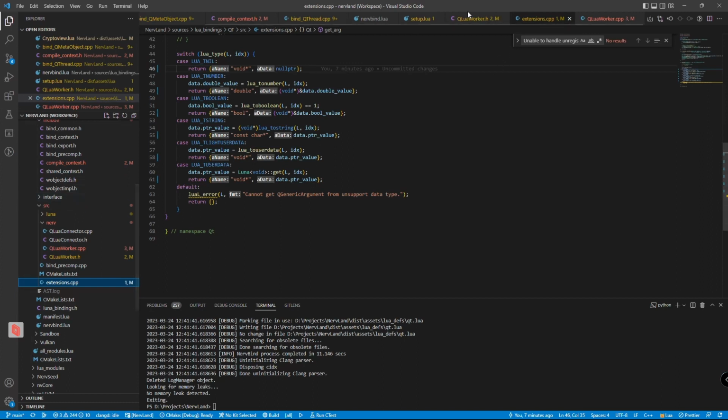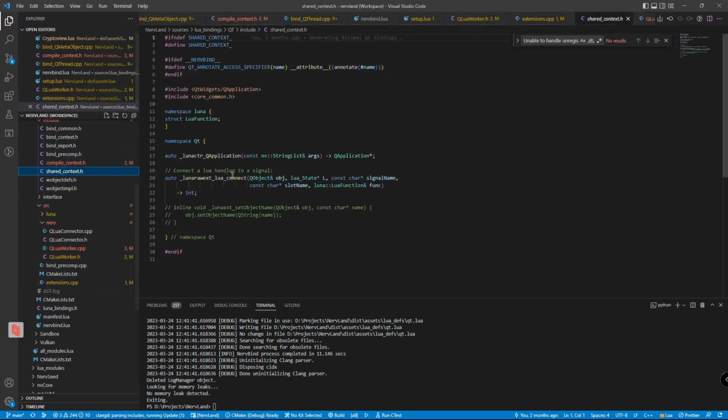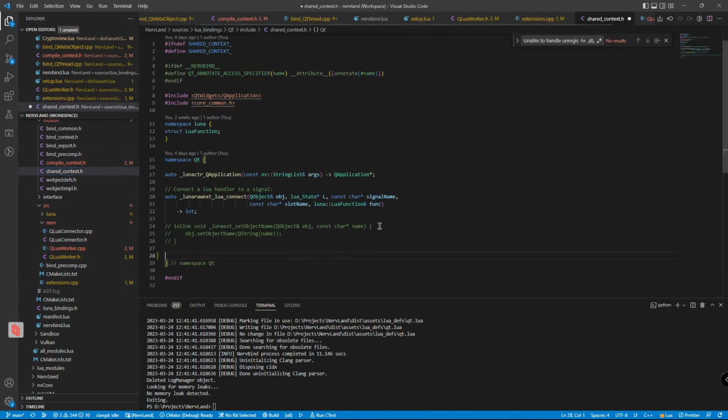Maybe I could add another function, which I would need to also make available in both contexts, in fact. So that would be Qt and do something like